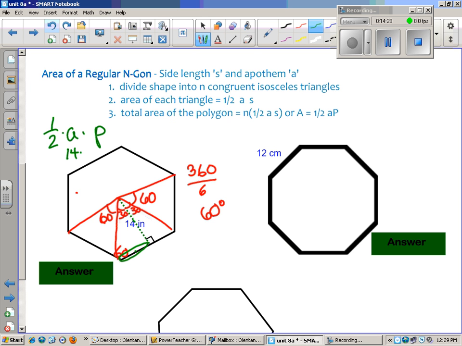Tangent, right? Opposite over adjacent. Everybody following me? We got it? Okay. So let me do this. I'm going to use the tangent of 30 degrees equals opposite, which is x, over adjacent, which is 14. Then I multiply both sides by 14. The x isn't on the bottom, so I don't have to worry about that. And 14 times tangent of 30 is,